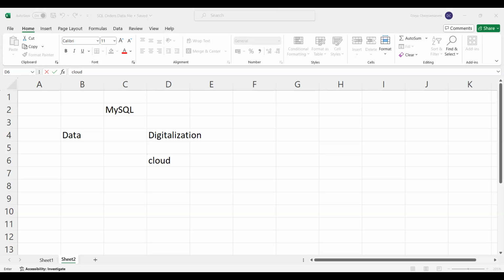That is what we are seeing in real time. The reason I am giving you all these scenarios is to make you understand the importance of data, how data is coming and how we are involved in the world of data. That's where you can understand the need for databases, or the need for SQL, right? So with that, let's start with the concept of databases.